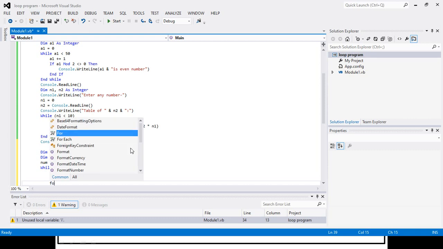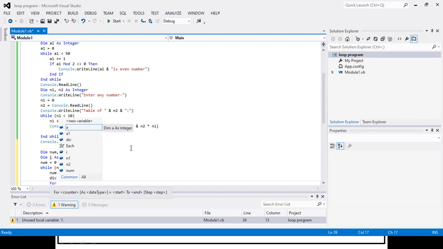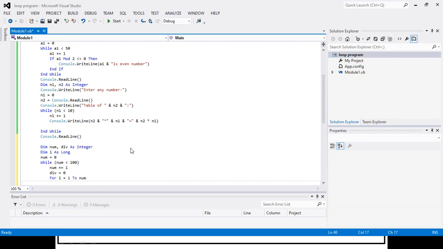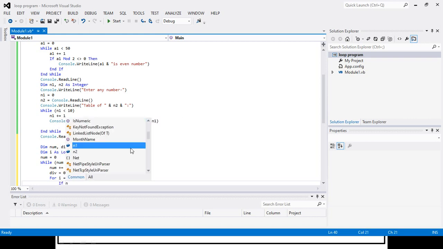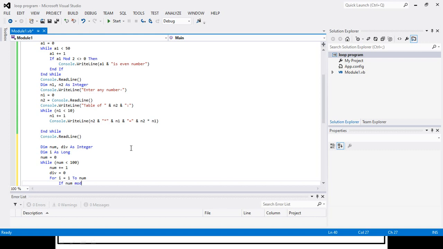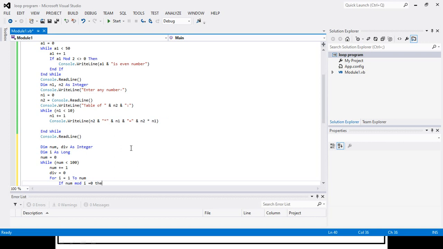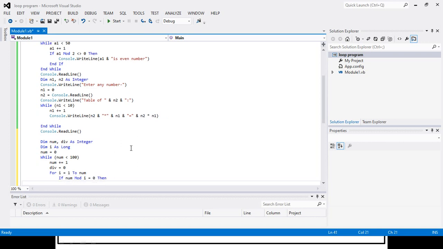Okay, now I will use a for loop, for i equal to 1 to num. Now here I will perform some checking, like if num mod i equal to 0, then I will increase.